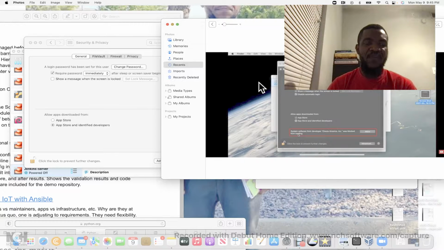So I go to restart my computer and then press Control R when it restarts, and when I press Control R, it will bring me to the recovery mode, like this. For example,